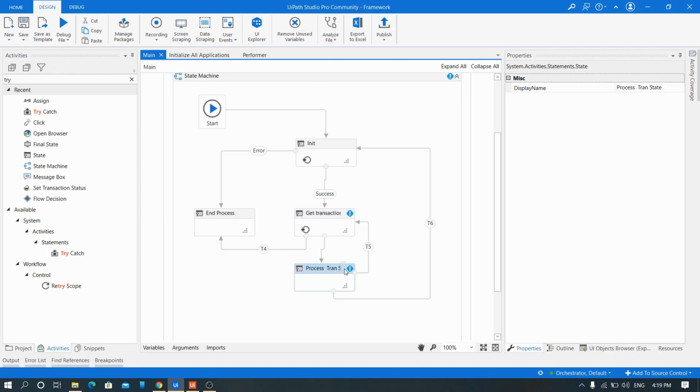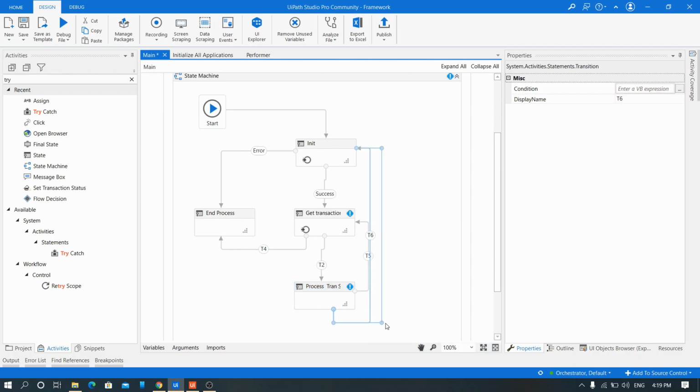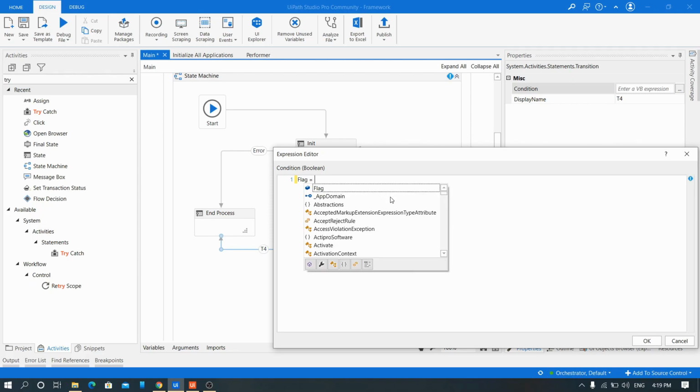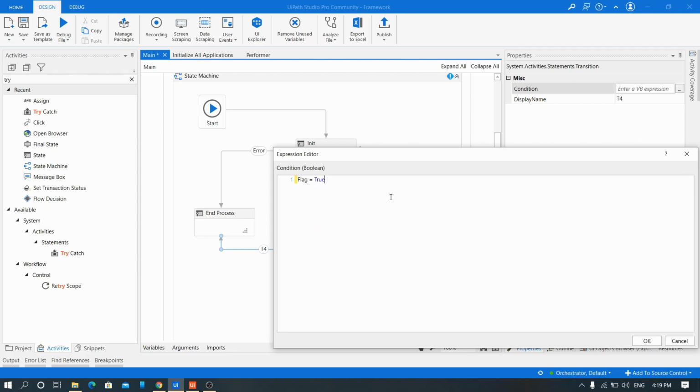You need to handle T2 and T4. When to go with the T2 part, when to go with the T4 part. When to go with the T4 part: when the flag is equal to true.